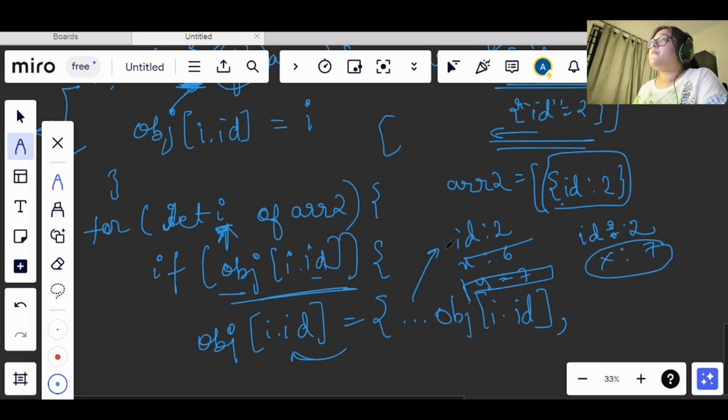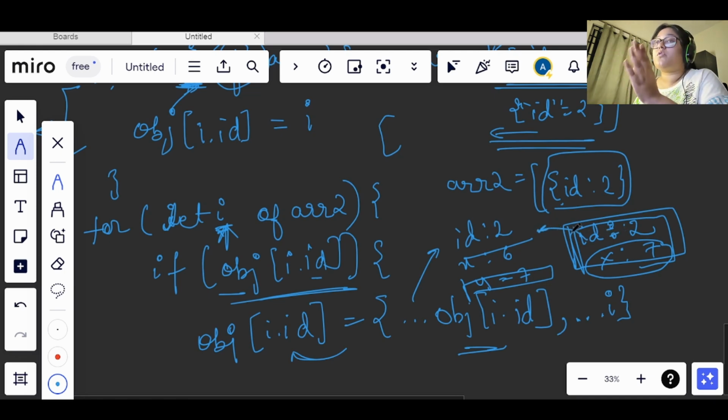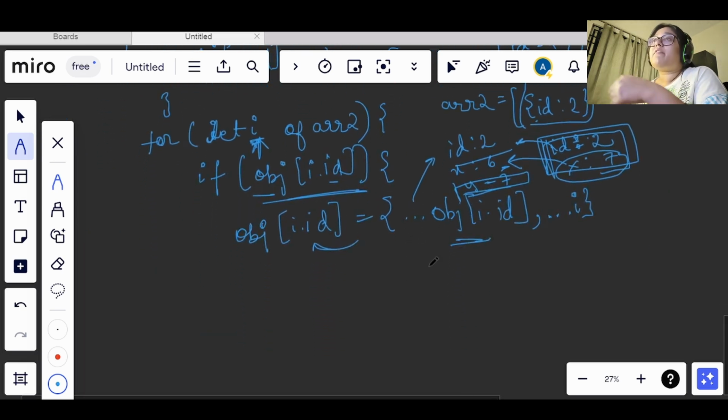So what we are doing here, we will be making a copy of the previous array 1 object, and this will make a copy of the new array object. Whatever key value pairs are already existing, it will make a change to that. Like id2 is already existing, it will make a change, but it will not be visible because both are id2, and for x it will overwrite with 7 and y will remain the same. So this is what we will do when the id already exists in the object.